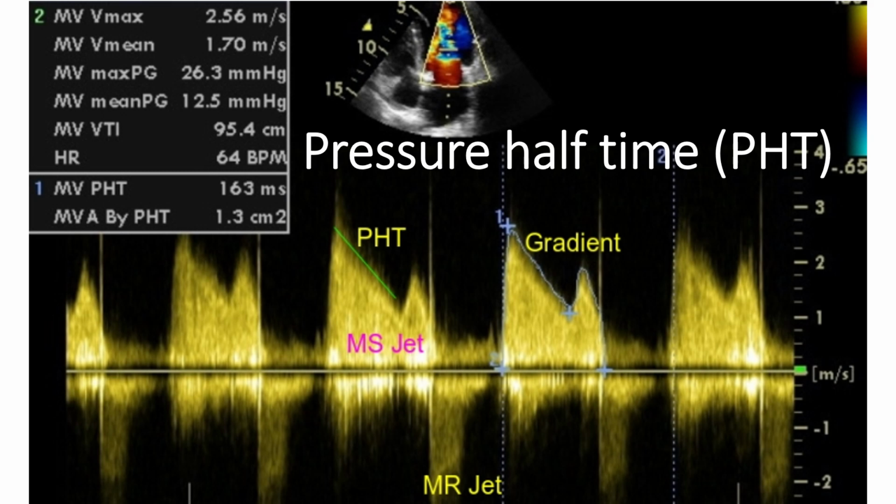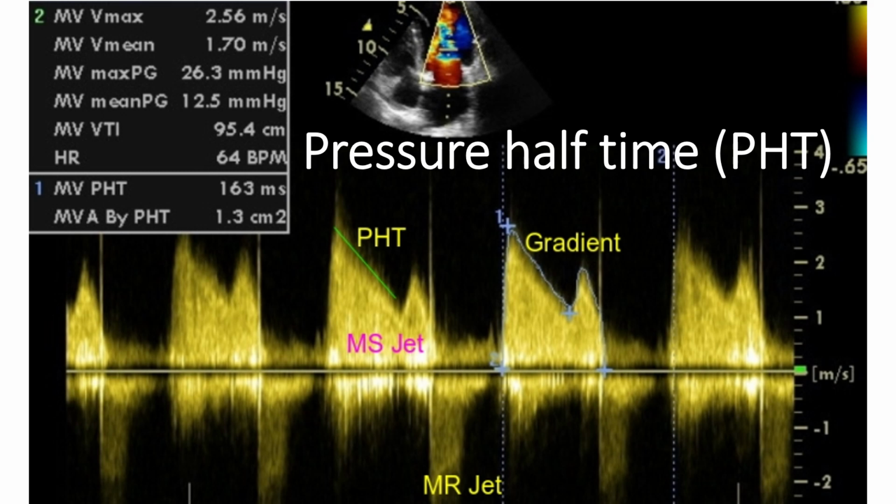It will also correspond to the time taken for the transmitral velocity to fall by square root of 2, as the pressure gradient is proportional to the square of the velocity. Mitral valve area is equal to 220 by pressure half-time. In this image, the green cursor measures the pressure half-time of the mitral stenosis jet. In this case, the pressure half-time was 163 milliseconds and the estimated mitral valve area by pressure half-time was 1.3